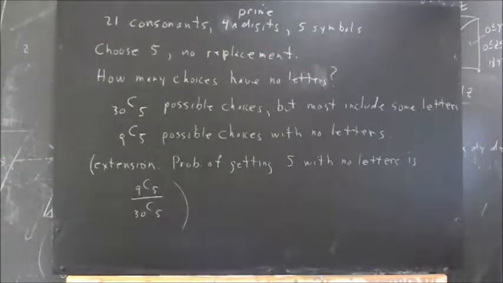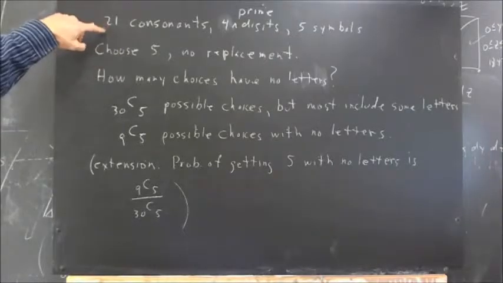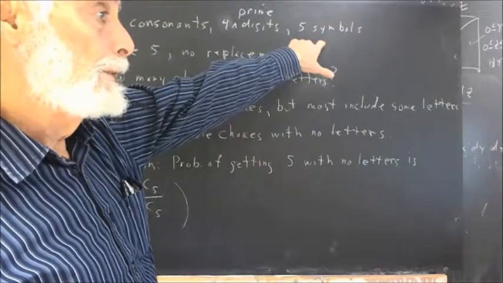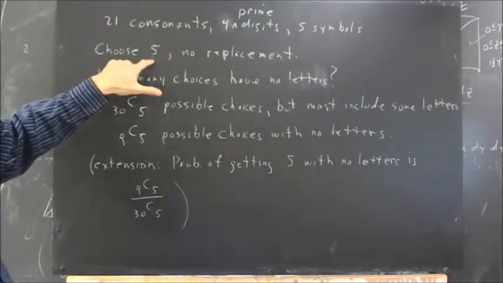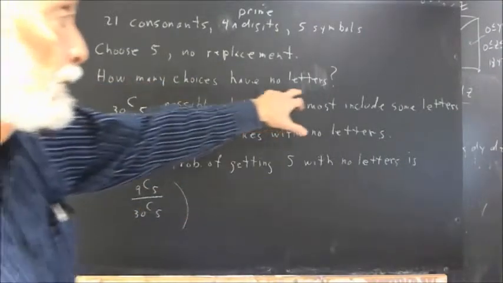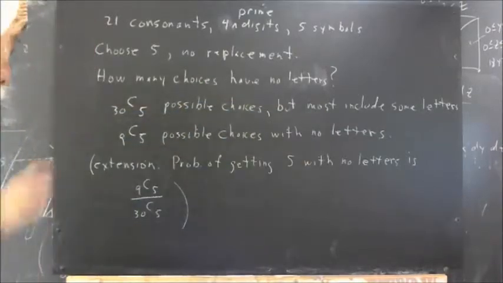Okay, problem 2. There are 21 consonants, 4 prime digits, 5 symbols written on cards. We're going to choose 5 cards with no replacement. The question is how many choices will have no letters. Okay? Now,